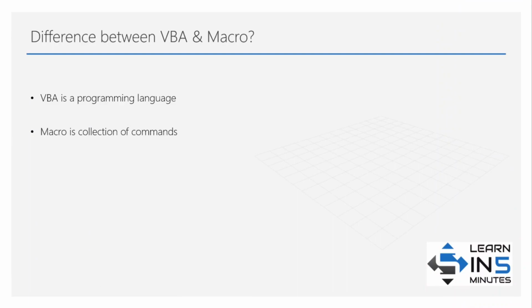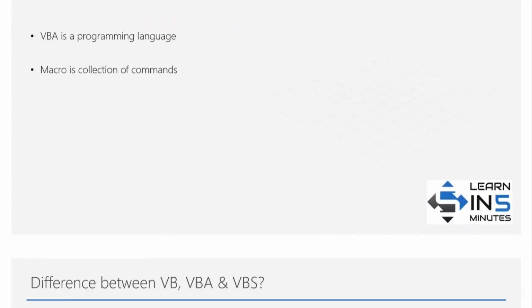What is the difference between VBA and macro? VBA is a programming language for developing automated tasks for Excel and other Microsoft Office programs like Word and PowerPoint, while macros is a collection of commands that is used to replace a repetitive series of keyboard and mouse actions in an application such as Excel. Thus, this explains the main difference between VBA and macros.